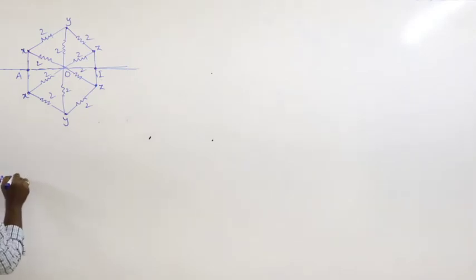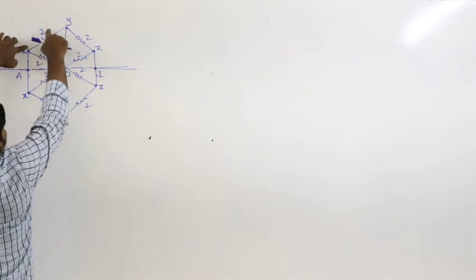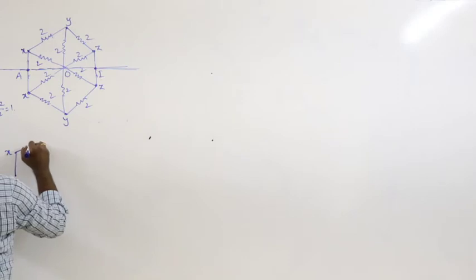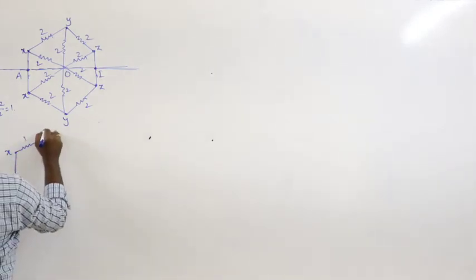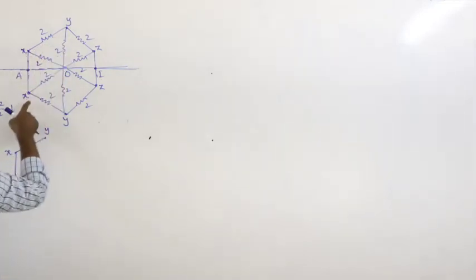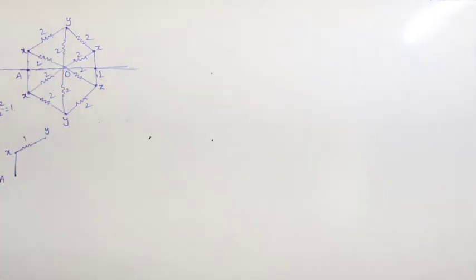So this is A and it is X. Between X and Y the resistance is 2. Here also between X and Y the resistance is 2. The 2 and 2 are in parallel. If 2 and 2 are in parallel, the effective resistance is 2 into 2 by 2 plus 2, so that is 1. Between X and Y, the two resistances of 2 give an effective resistance of 1.